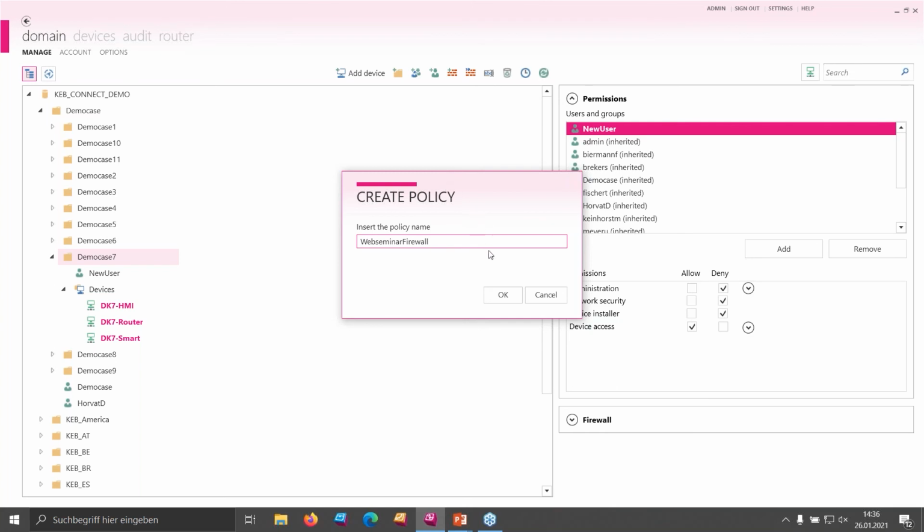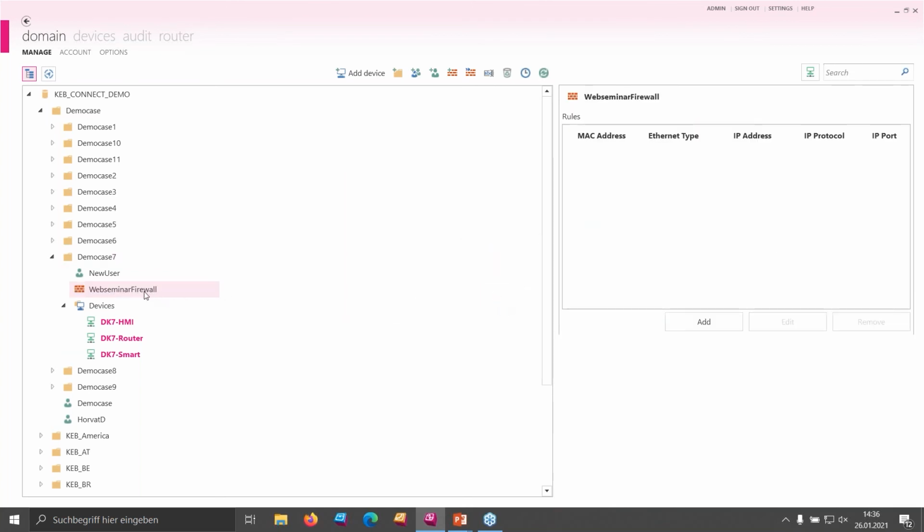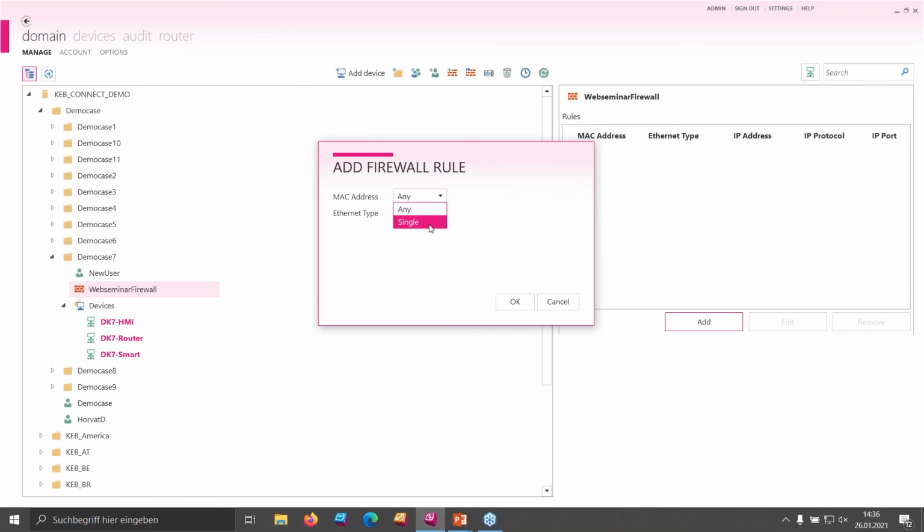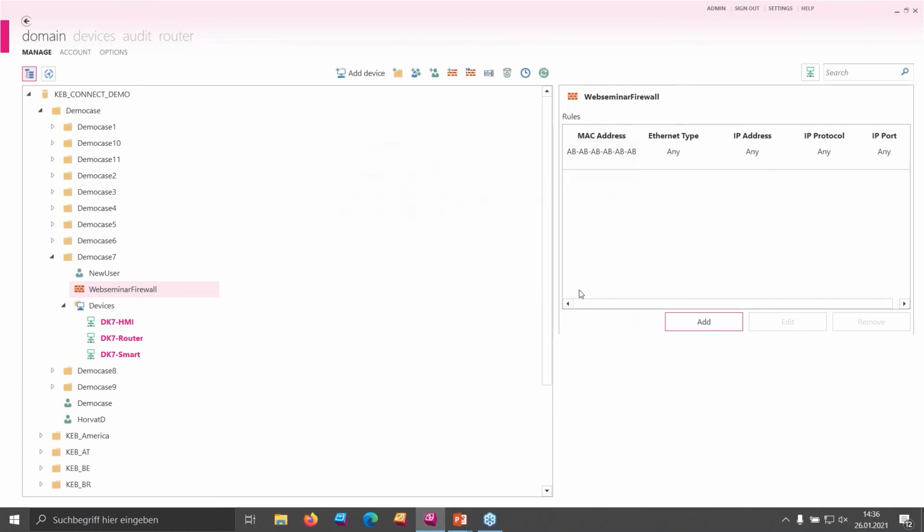Add, in that case, Web Seminar Firewall as name. It's implemented here too on the folder. And here I can add, for example, the MAC address. Like this, like the example, I add here a MAC address, and now the firewall is finished. But where is the